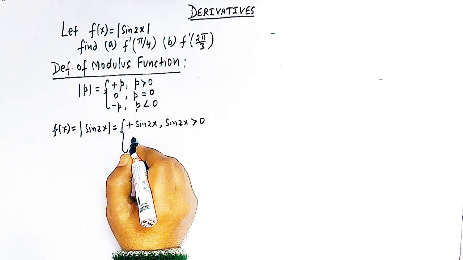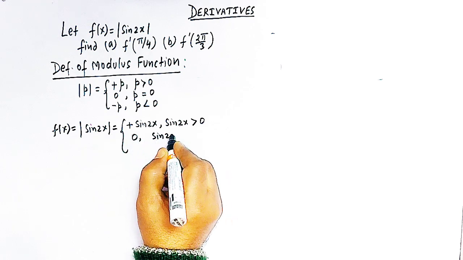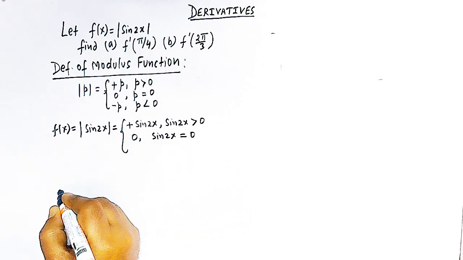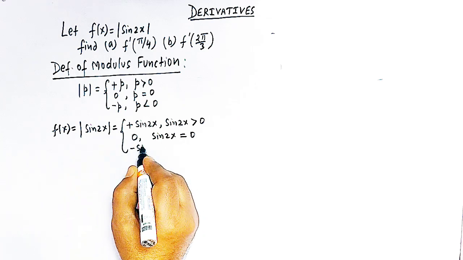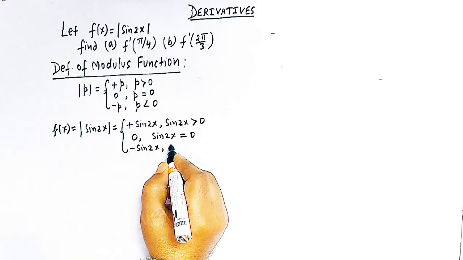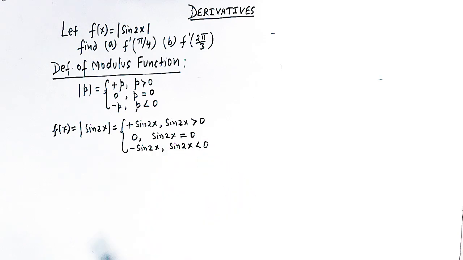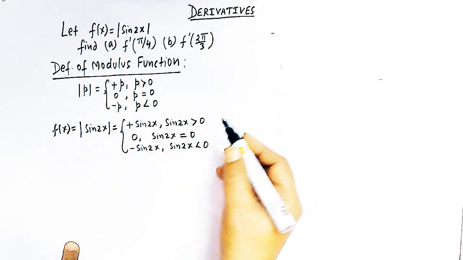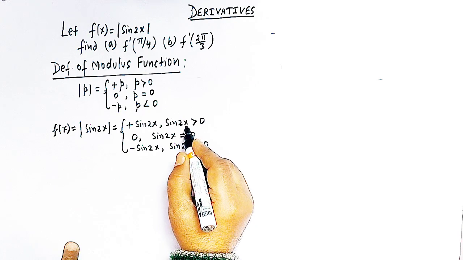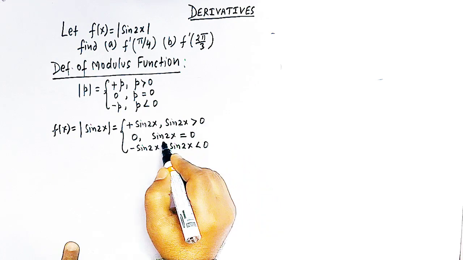And mod of sine 2x is equal to 0 when sine 2x is equal to 0, and mod of sine 2x is equal to negative sine 2x when sine 2x is less than 0, right? Okay, so now we'll first derive some results from these three expressions, that is these two inequalities, and